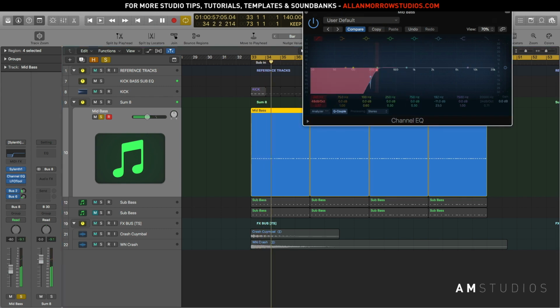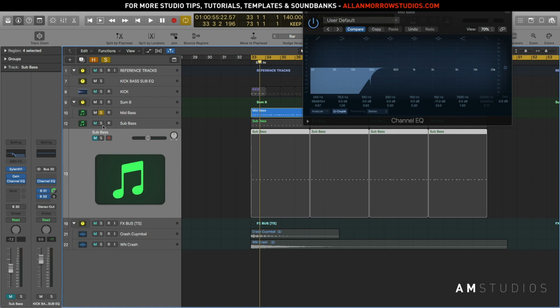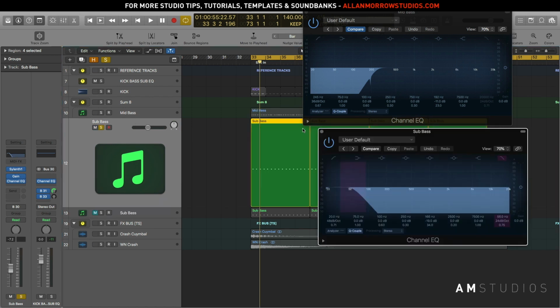If I was to say cut it around 250 hertz all the time, that's around 250 hertz. Give it a bit of a steeper slope there. So 250 hertz, just to show you exactly what I mean and make it a little bit more obvious. So I've got that there, cut my mid bass at 250 hertz. Now, if you were to do that on every track, but on one track your sub bass, for example, was really low down,